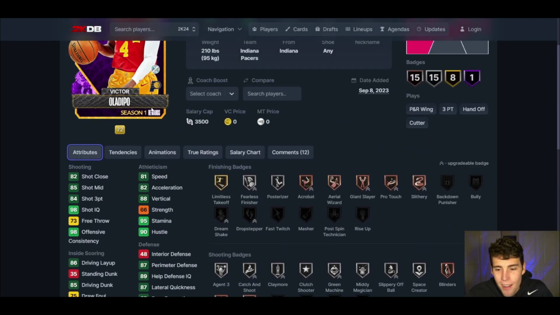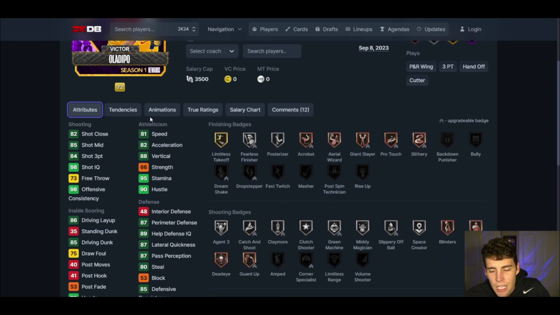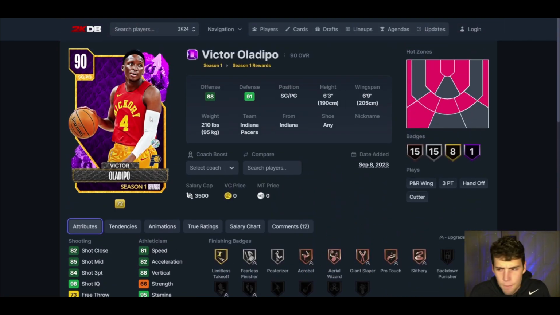Offensively, Victor Oladipo isn't that bad though, and so that's the thing, even comparing him to a guy like Jason Kidd, offensively, Victor Oladipo is going to be quite a bit better. So I think it really is just preference between a guy like Jason Kidd. I think Victor Oladipo offensively is that much better than Jason Kidd to put Victor Oladipo all the way up